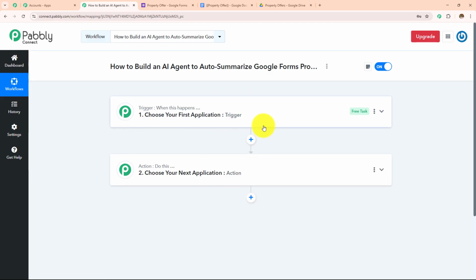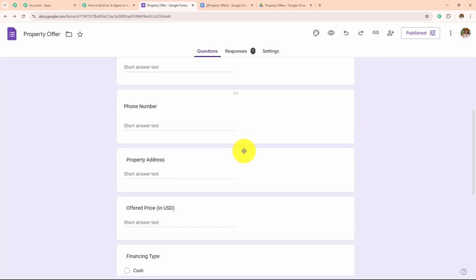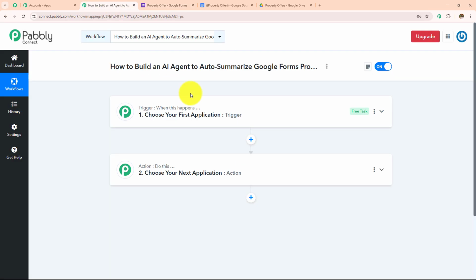So trigger says when this happens, and action says do this. Trigger is basically an event which starts the automation of a workflow. There can be only one trigger step in a workflow, but as many action steps as you want. Here in this workflow, I want to build an AI agent to auto-summarize Google Forms property offers, which means whenever I receive property offers via this Google form, they should be automatically summarized for easy analysis and created as a Google Doc, which means whenever I receive a new Google Forms submission, this complete workflow